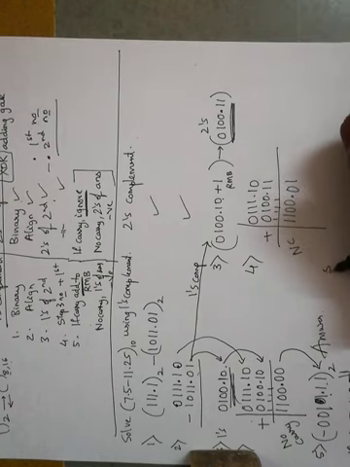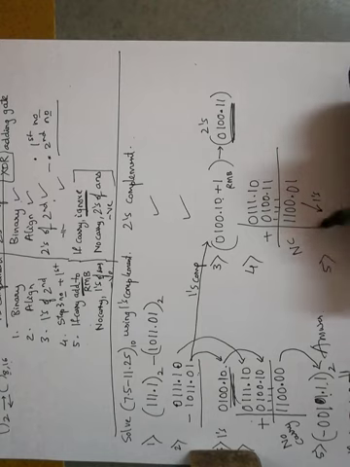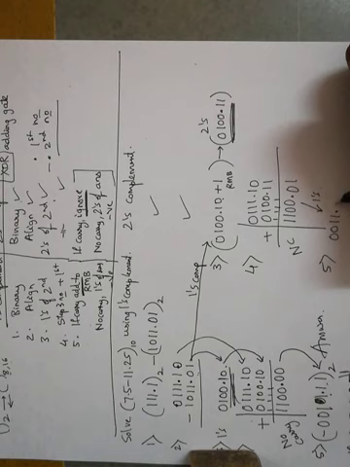So we know now how to take a 2's complement. First find the 1's complement of this number. 1100 becomes 0011. 01 becomes 10. Add 1 to the rightmost bit. Okay, instead of writing here, I will show here.